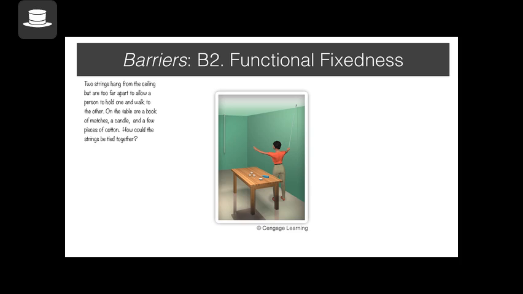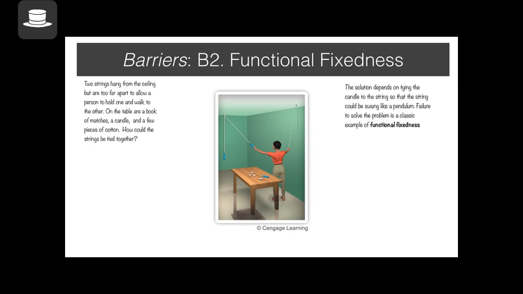Okay, I hope you tried. Typically what happens is it's difficult to imagine how you can use the things. The usual thing people say is, "Hey, I can stand on this table and try to hold." Well, you can. Is there any other way you can try to hold these two strings together? One solution is actually using the candle to tie it, then swing it, then hold the candle. So you're holding the rope. So the solution depends on tying the candle to the string.